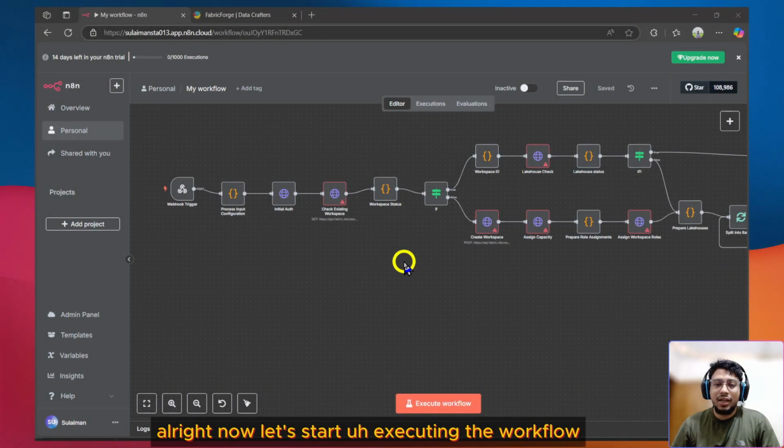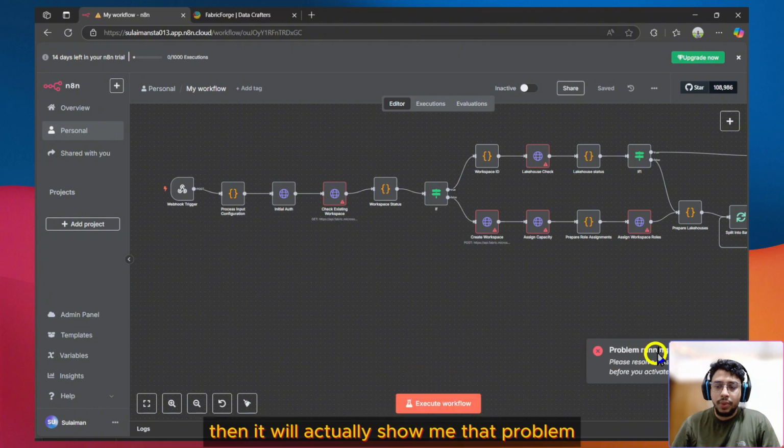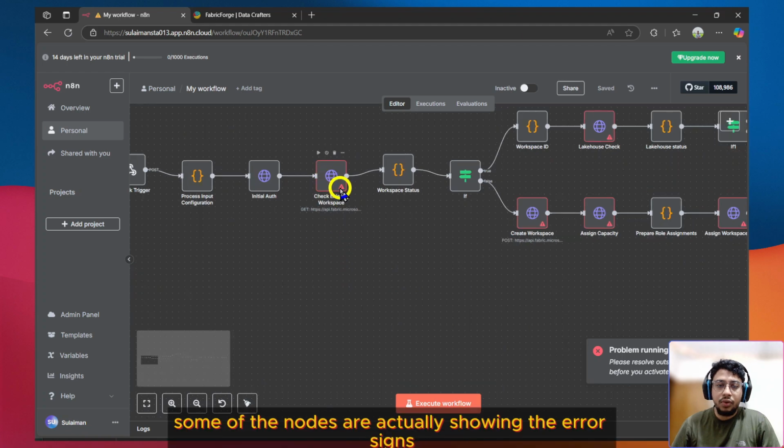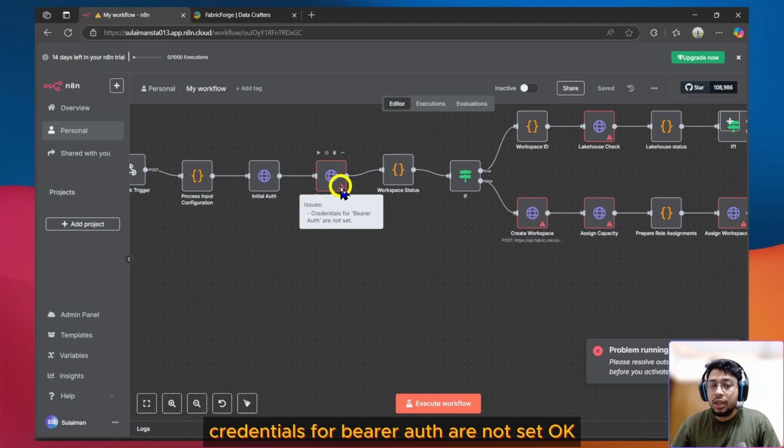Right, now let's start executing the workflow from the very beginning. So at first, as you see, if I click on execute workflow, then it will show me "problem running workflow." Why? Because as you can see, some of the nodes are showing the error signs. And if I hover on the error icon, it shows me that credentials for bearer auth are not